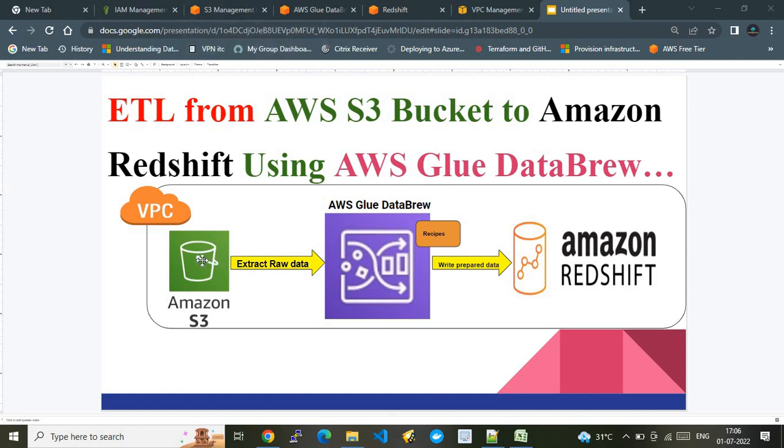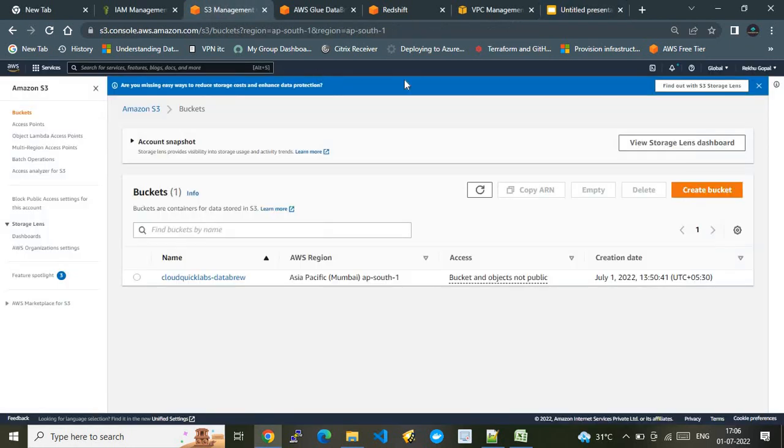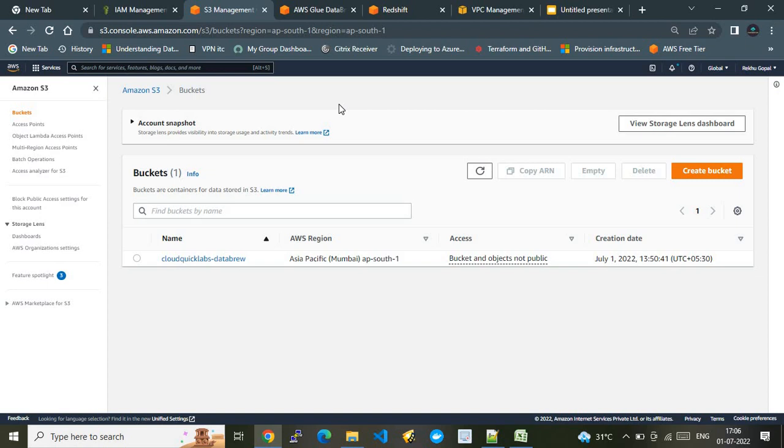So let's go to the first component, that is the source, which is creating the Amazon S3 bucket. For that, I went to my Amazon account. This is my AWS account. In this account, I am currently in the Mumbai region. And in this one, I created